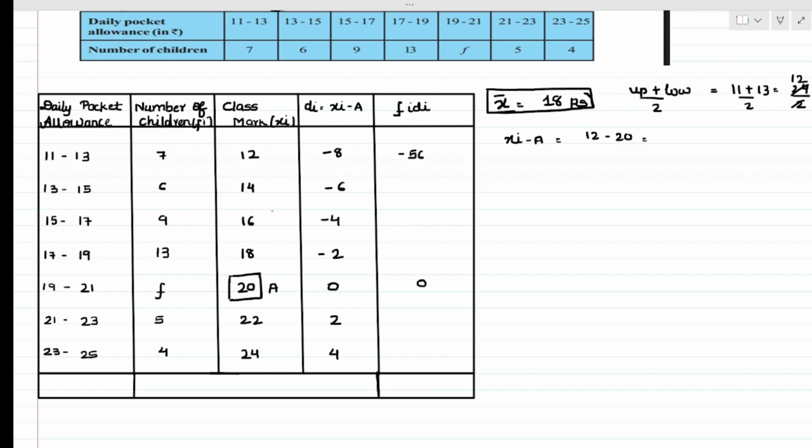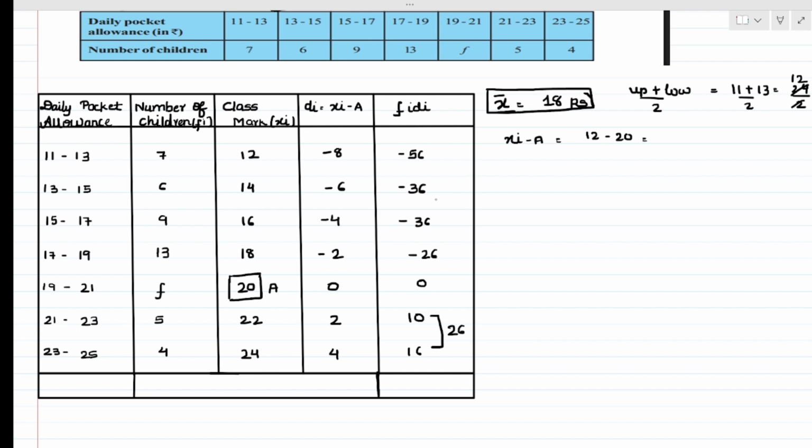So write it over here, minus 56. 6 6s are 36, so this becomes minus 36. Then 9 4s are 36, so this again becomes minus 36. And 13 2s are 26, that means it's minus 26. So write it down over here, 5 2s are 10, positive 10, and 4 4s are 16. Now add them. So the summation of this will become positive 26 and the summation of this will be